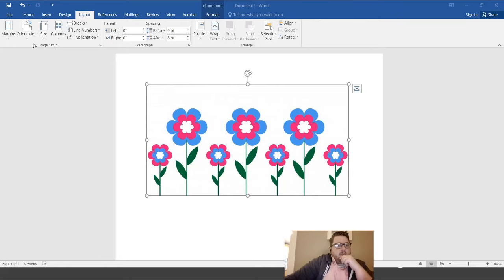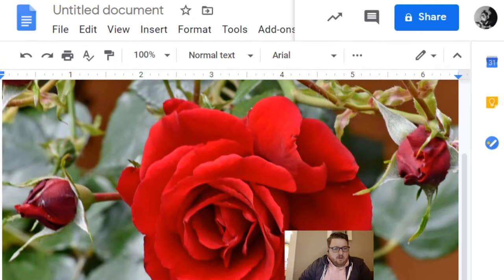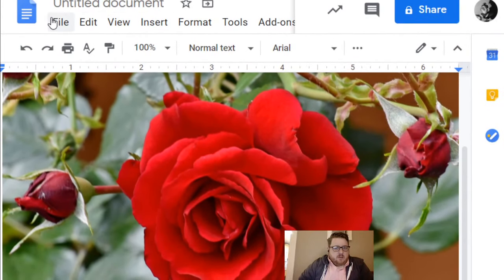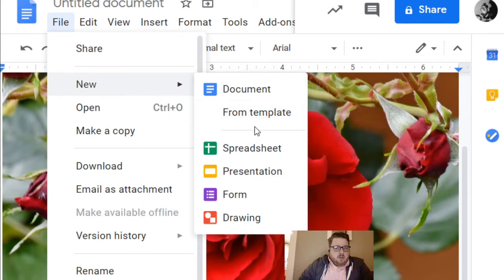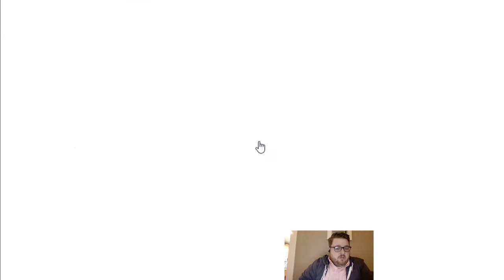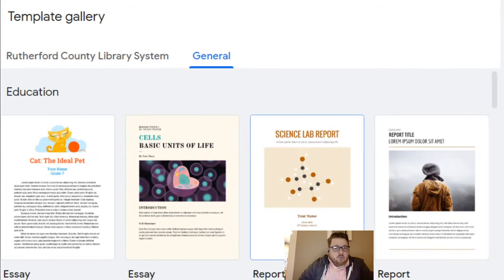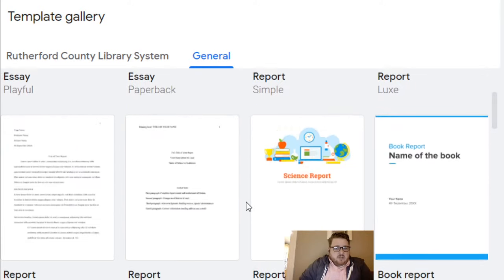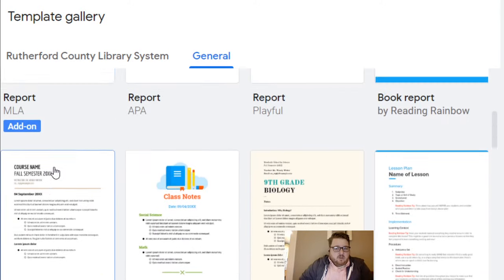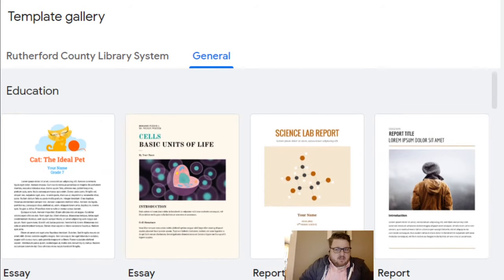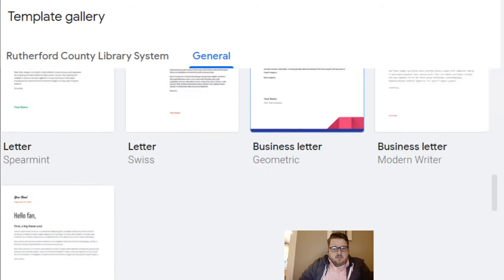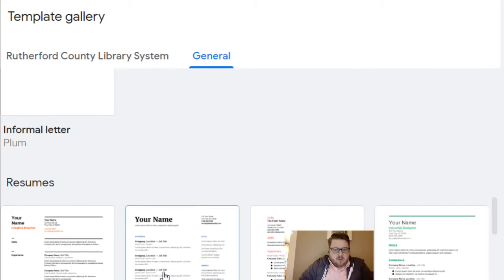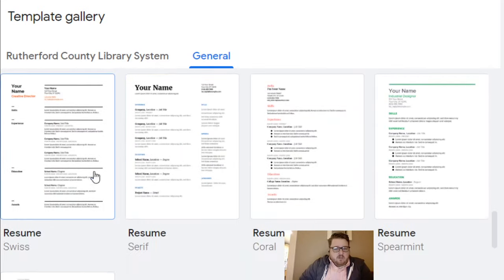Similarly, Google Docs can do a very similar thing. If I go to File and I go to New, it gives me the option to do it from a template. And if you click on that, it will bring up this page, and this page has all kinds of different topics, including class notes and reports and essays. And then if you scroll down, you've got letters and resumes, and it works the exact same way. If I were to click on this, it will open up a resume,